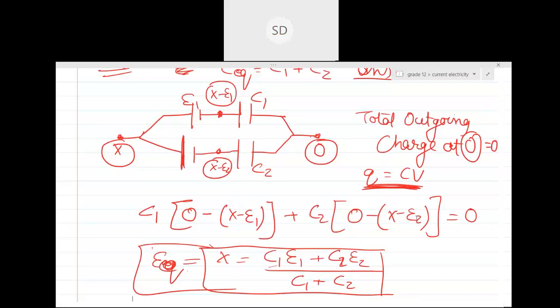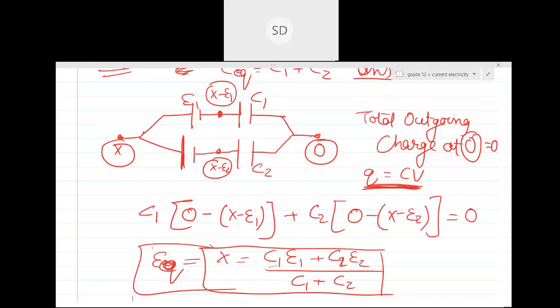So I am done with grouping of cells in series and parallel, and I am done with battery grid as well. We've done some questions as well. Next class we'll start with the thermal effects of electric current. We'll start with the power phenomena. We need to study something called the maximum power transfer theorem as well. So next class I'll be starting with thermal.